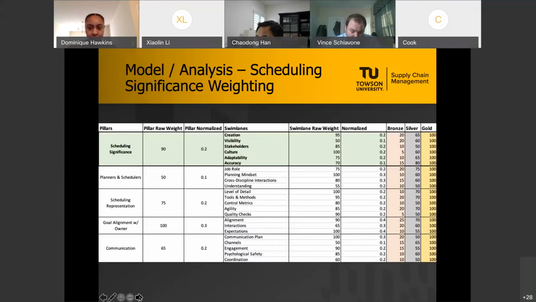So each question was mapped to a scale that was three possible answers for gold, silver, bronze. And then these weights were elicited from our subject matter expert team through various ways and used to score the project. So somebody would answer the question on creation, say that it was a partial answer. They said maybe or partially. We would get the silver score times it by the normalized weight, added up across the pillar, and then add up final pillar scores to get a final score out of 100 points, which would score the total collaboration on the project for the industry person taking the survey. Next slide, please.